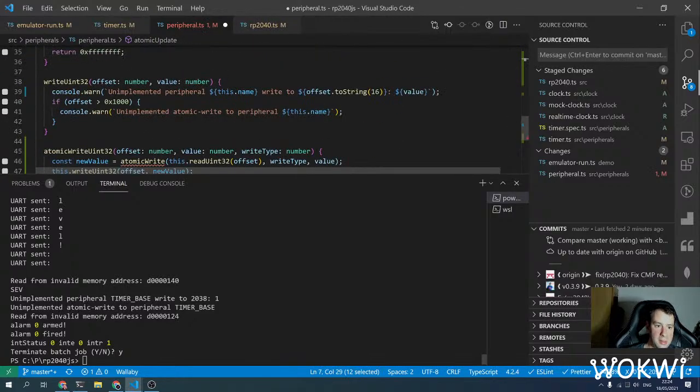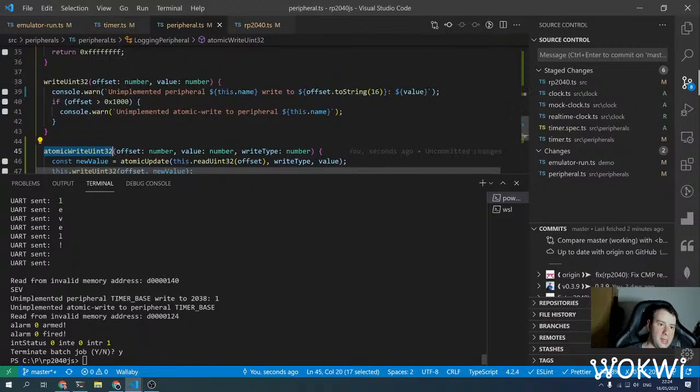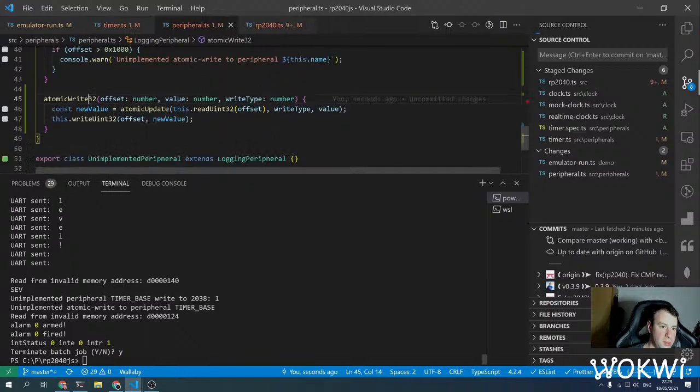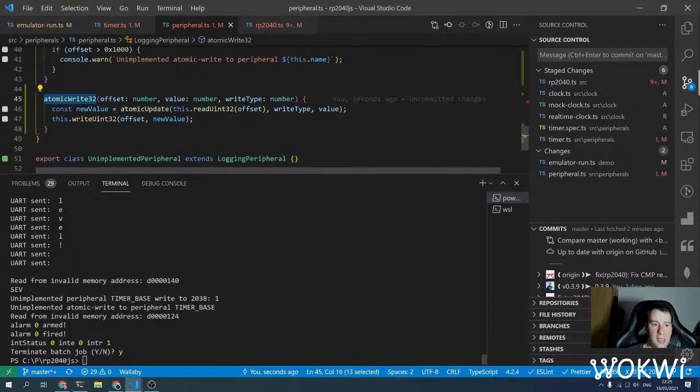Atomic update. Yeah. Okay. And then this will just be like the default implementation, and maybe we can just atomic write 30. Yeah. And then